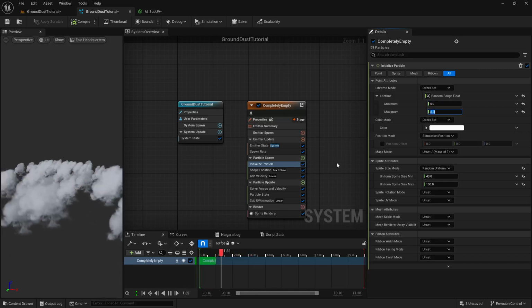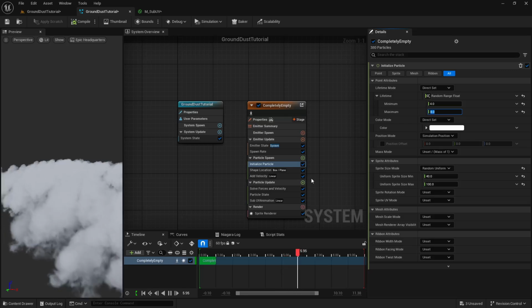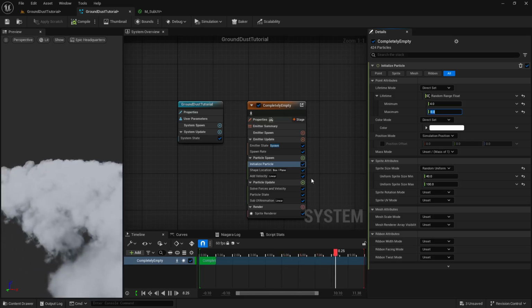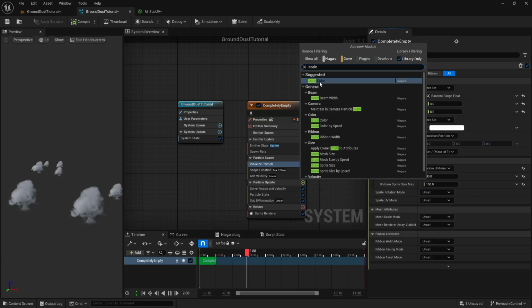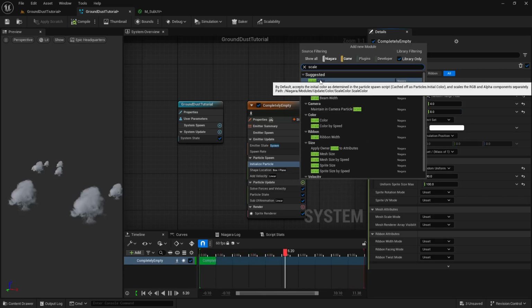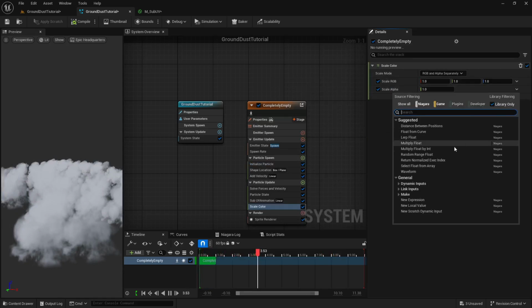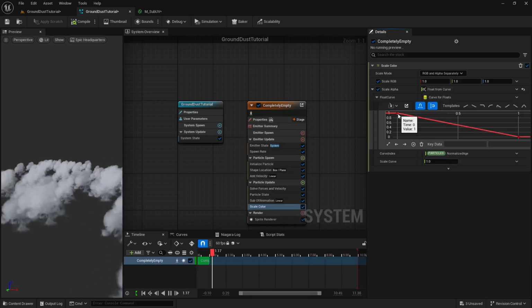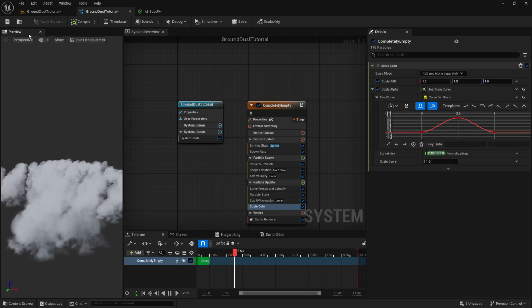Now I want to scale the color as well. So what I can do, I can add a random color scale as well. I need to click here and type scale color here. And you can see by default, it accepts the initial color as determined in the particle spawn script. Okay, and I want this alpha to be changed here. So if I click here and do a float from curve, you can see we are getting this curve. But what we want is a smooth curve. So now you can see.